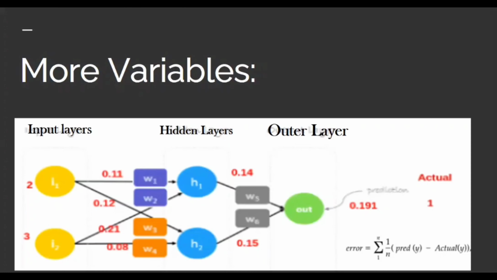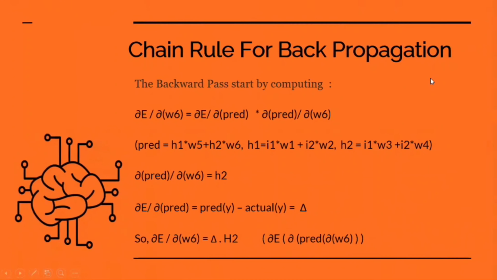But we cannot perform this operation directly because in order to apply derivation function on the error with respect to any weight, there will be some other terms whose values we do not have with us. So to overcome this situation, we use the chain rule method. Chain rule in backpropagation. So when we apply derivation function on the error equation in order to find the updated value of W6, we obtain two terms: derivation function of the error equation with respect to predicted value, multiplied by derivation function of predicted value with respect to the weight.